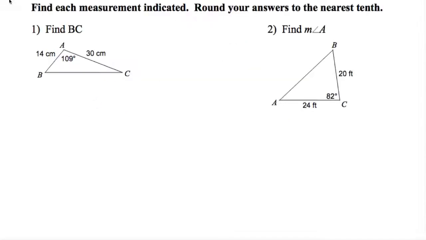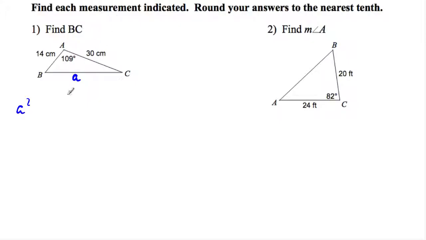So for example, here I want to find BC. Well, that's just another name for side A. If I look at law of sines, A over sine of 109, I need one of the other angles to use law of sines, and I can't. So I have to use law of cosines. So I get a squared,